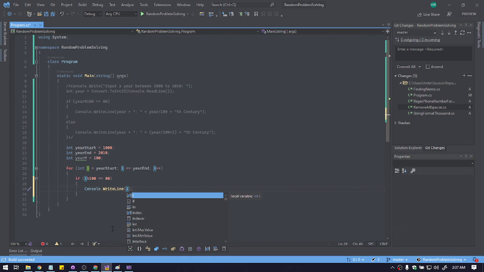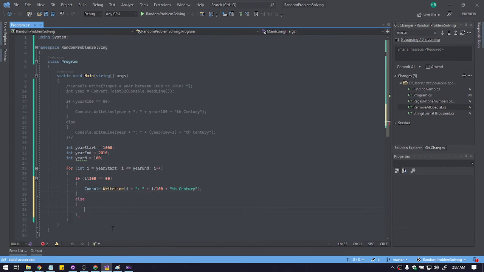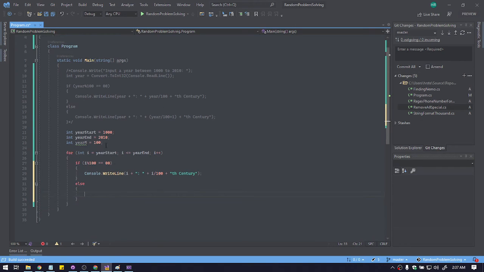Okay, I'm making the syntax actually. Then I divided by 100, and the result with TA is century. Okay, and else, if this condition does not meet the requirement of the result, then console.WriteLine